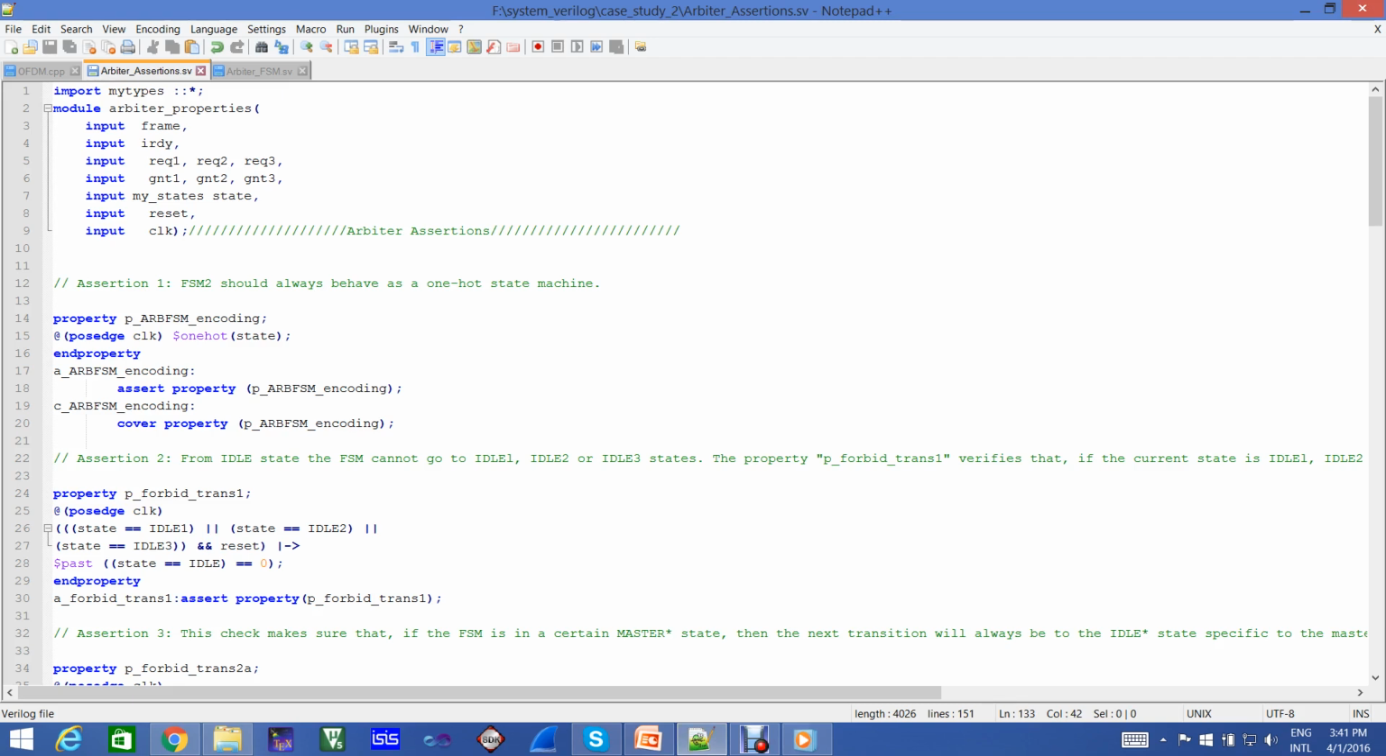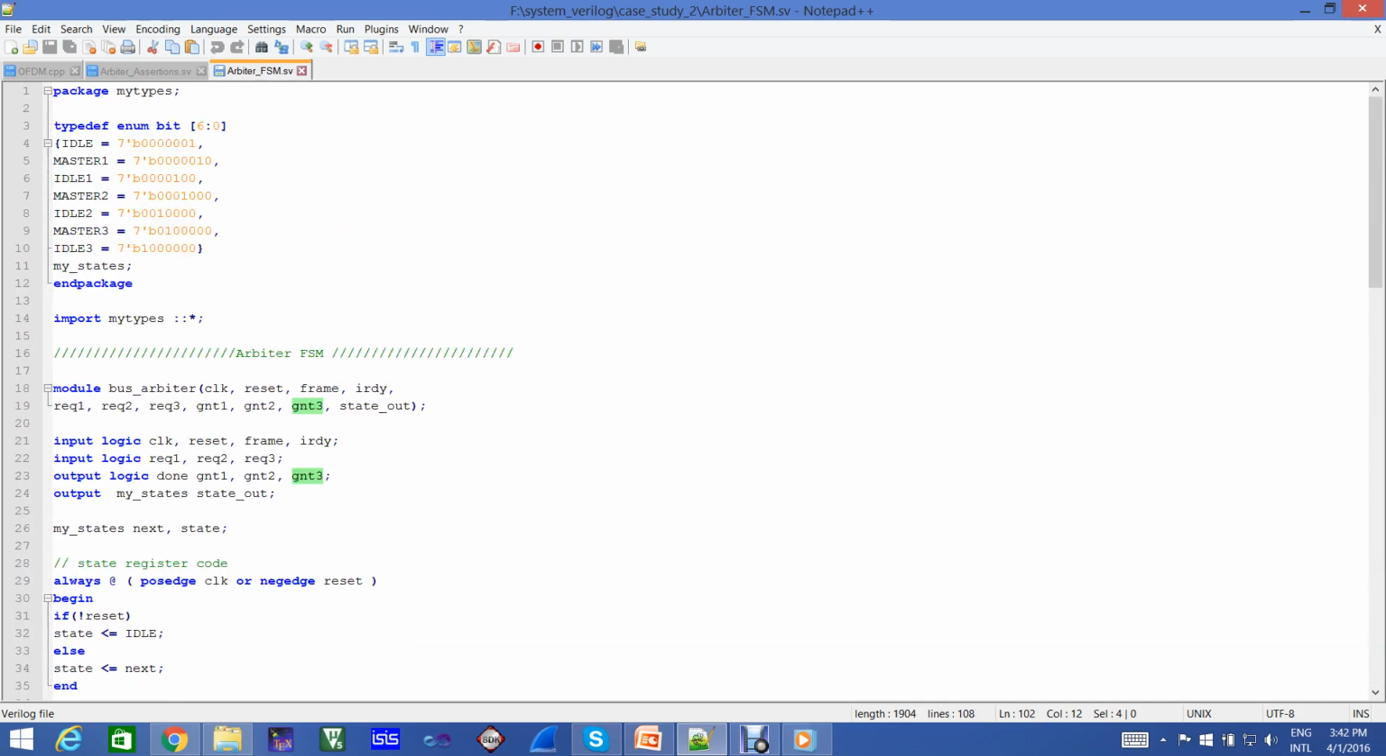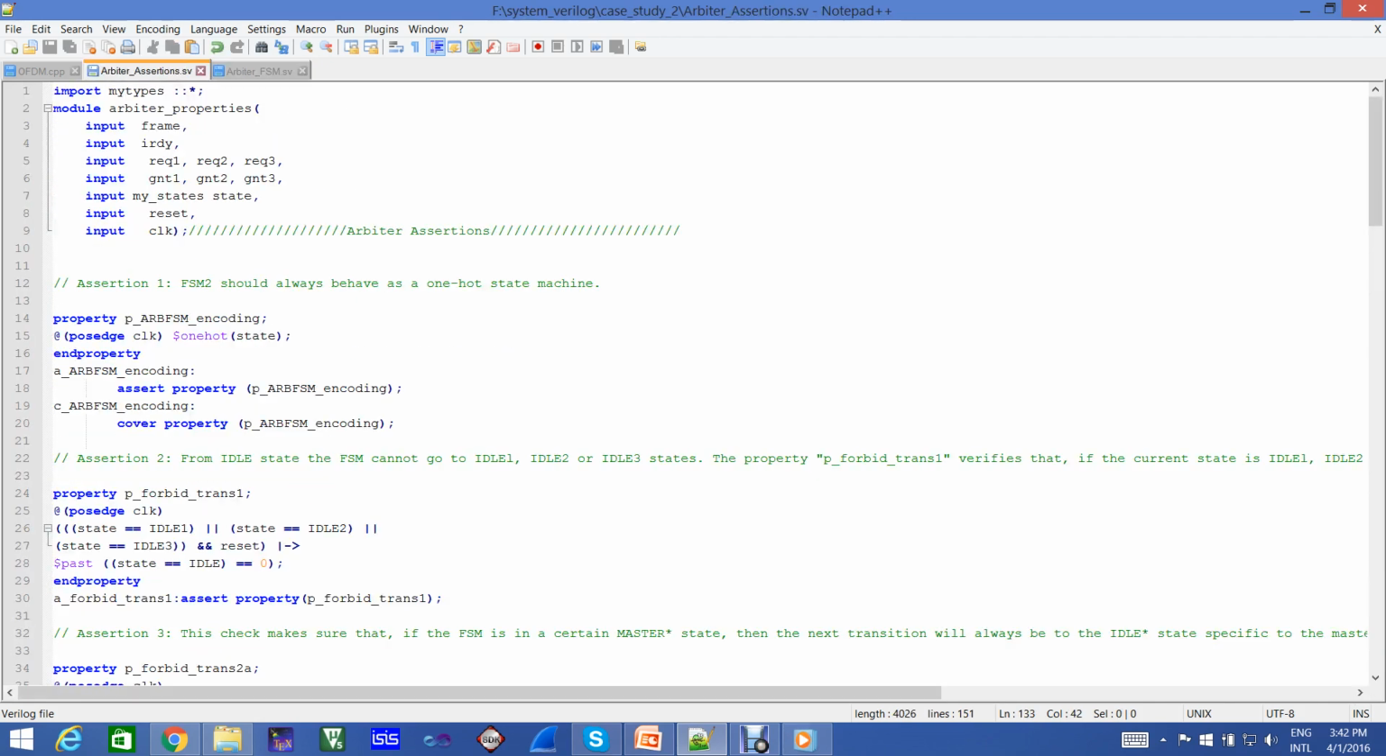So now our next agenda item is to review the SystemVerilog code of the assertions. Here we can see this module with these inputs, since we are monitoring all the signals from our arbiter FSM code, all the inputs and outputs. We use a logic analyzer, and we have put the probes onto all the inputs and outputs of our